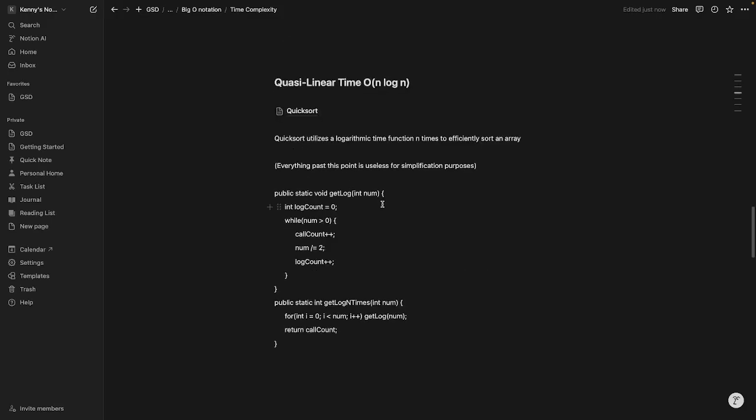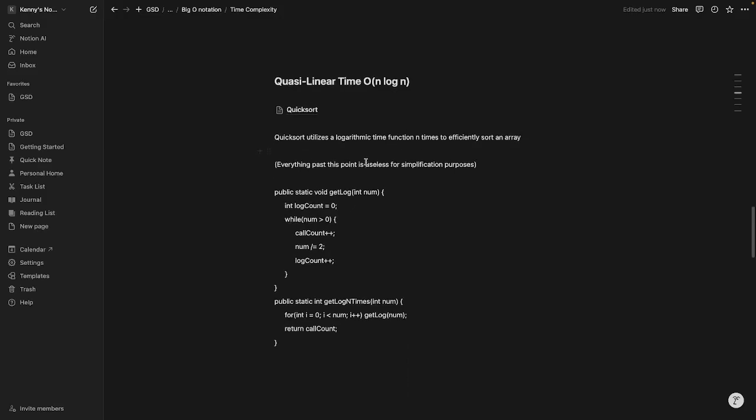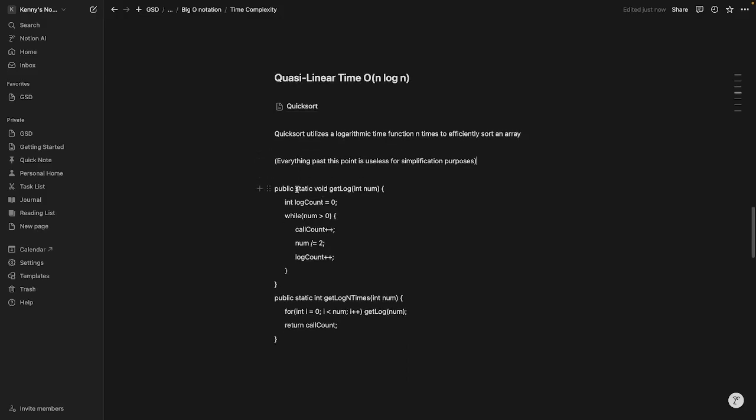Now we are going to move on to the more complicated time complexities, and as I've noted here, everything past this point is pretty useless for simplification purposes. And I only say that because to make use of the larger time complexities, you have to have quite an advanced function, and I'm not going to get into that right now. I might make a separate video on those. I'm definitely going to make a separate video on the quicksort method along with the merge sort and bubble sort methods. But for now, we're just going to use simple cases of this, and so I'm going to start with